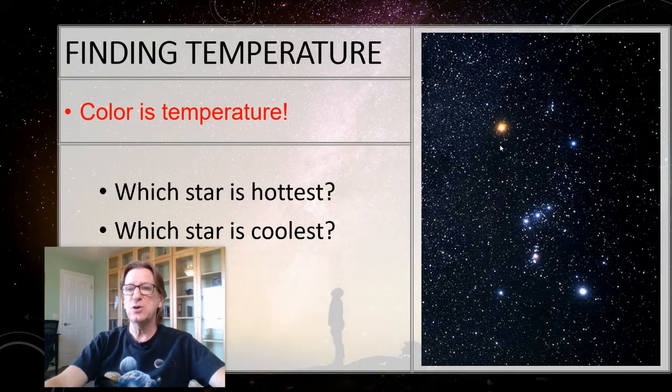But then I want you to notice the two corner stars here. This star right here, this kind of orangey red one, is called Betelgeuse. I kid you not. And this one right here is called Rigel, which if you're a Star Trek fan, you're familiar with that. So notice that they're about the same brightness. However, this one is noticeably redder than this one.